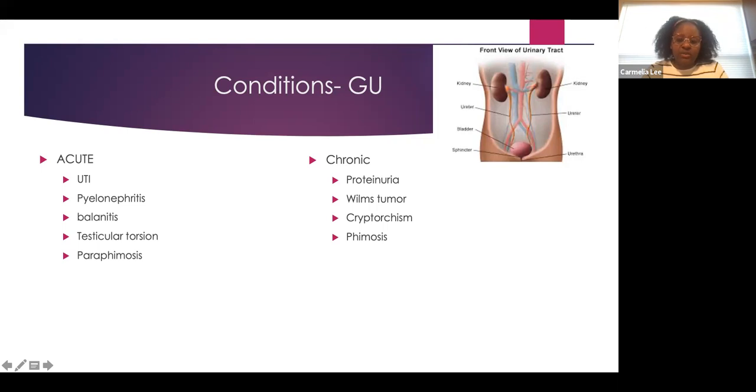And then cryptorchidism and phimosis. Cryptorchidism is your testicles being up high, and phimosis is when the foreskin cannot retract, where it's covering the glans. Again, more of a chronic issue, not an emergent issue. Sometimes young men, adolescents, and children with phimosis can have balanitis as a result of bacteria and moisture being trapped inside the foreskin. So they're kind of interrelated, but one is something you have more time to deal with versus something that needs immediate treatment.